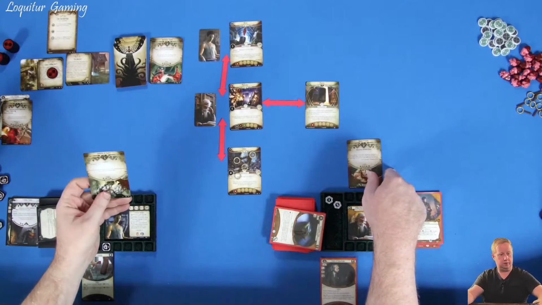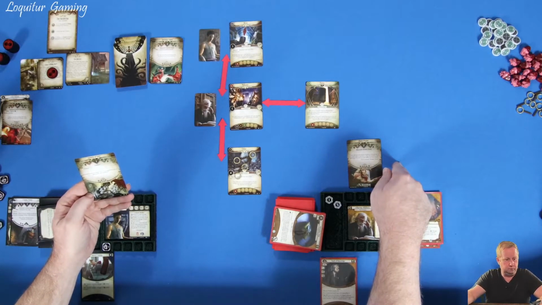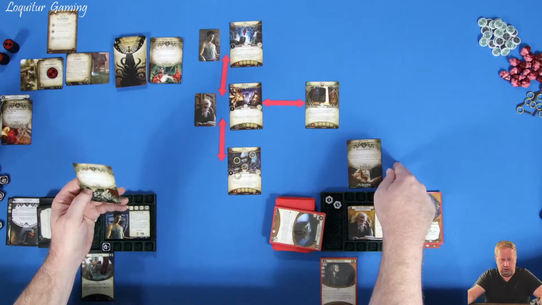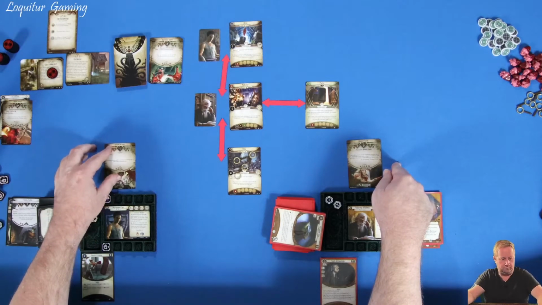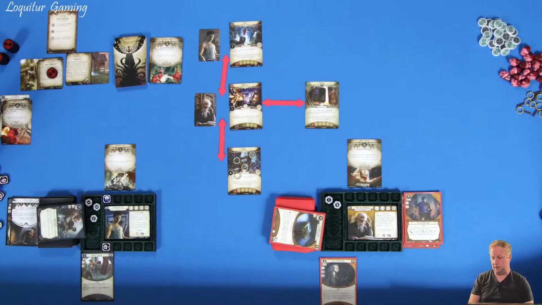And now Nathaniel's card, Swarm of Rats. It's not a ghoul. 1, 1, and 3. So, and it's a hunter. So we've got some rats engaged with us and a ghoul engaged with Harvey. Okay. So,